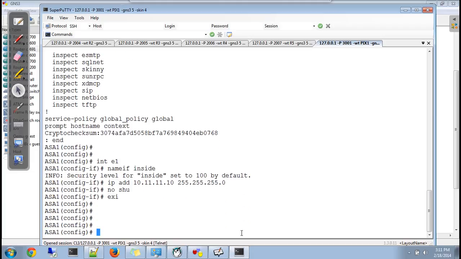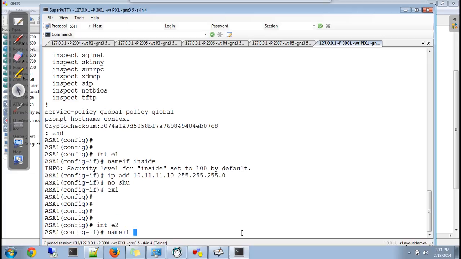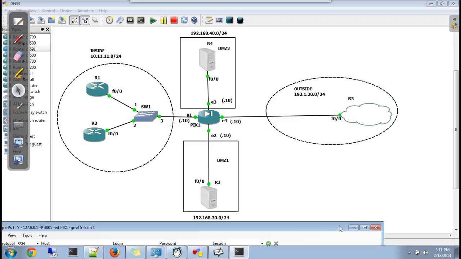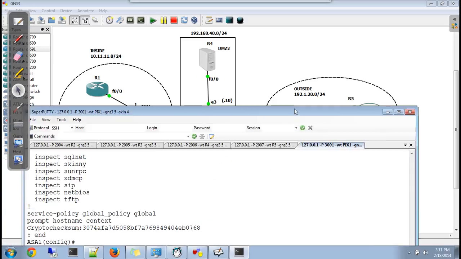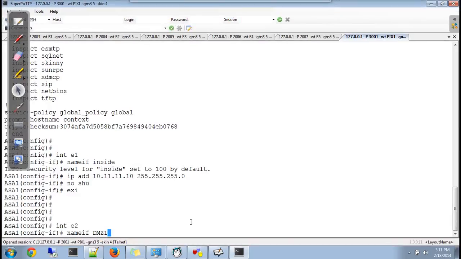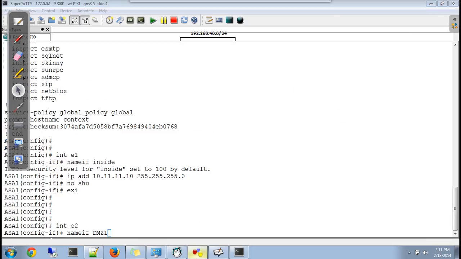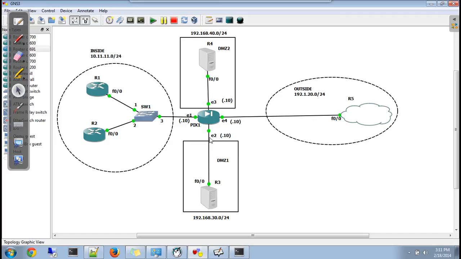Then interface E2 with nameif DMZ 1 or DMZ 3, I believe. Yeah, this one. Okay, DMZ 1. Check here, E2 is connected to DMZ 1.